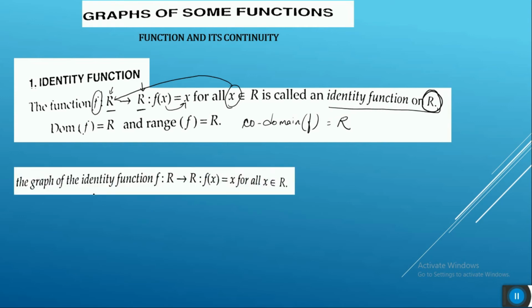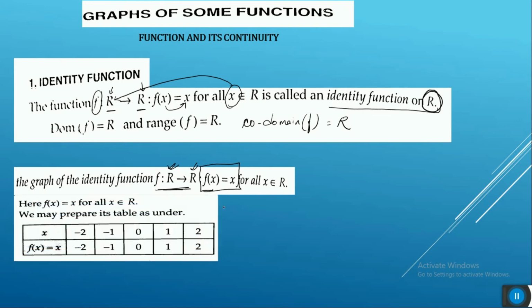Now the graph of the identity function, which is this. Okay, this is how we define its domain and range. So don't get confused. If you see something like this before a function, it means they are defining the domain and range of the function. So this is my function.